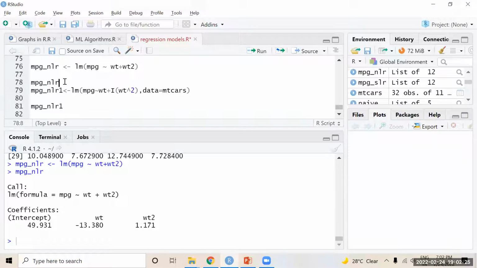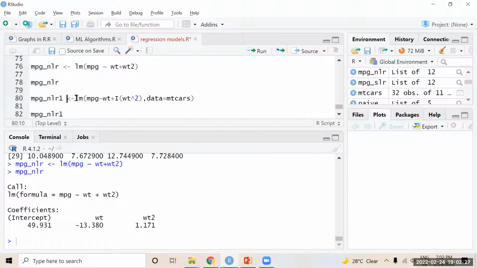So what we are doing is taking a nonlinear regression model. My dependent variable is mileage, and I am taking the x term WT, which is x power 1, plus another way to write the same equation, I of WT square.